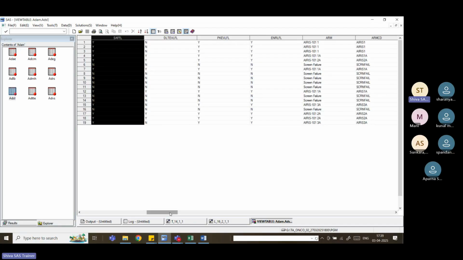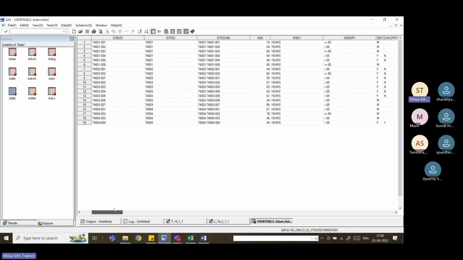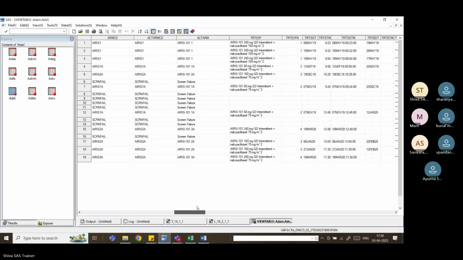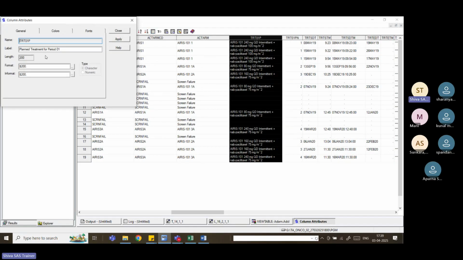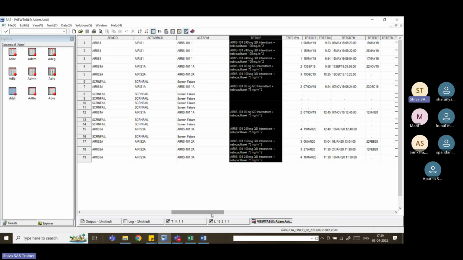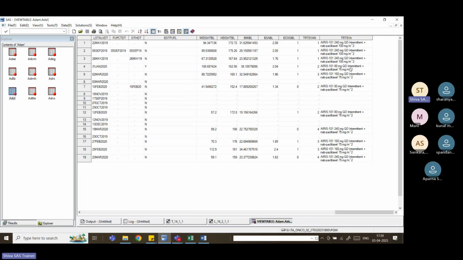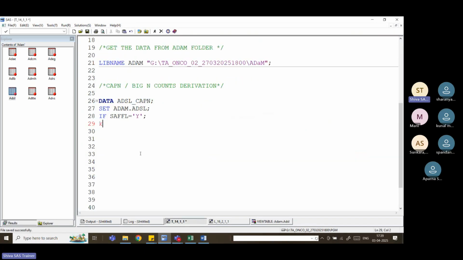So let me check whether any actual treatment is there here. So here only planned treatment is there, TRT01. So there is no actual treatment in the dataset project. But the actual treatment is also there. Simply we can keep